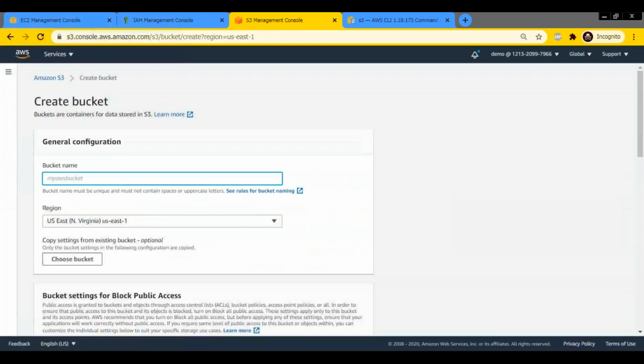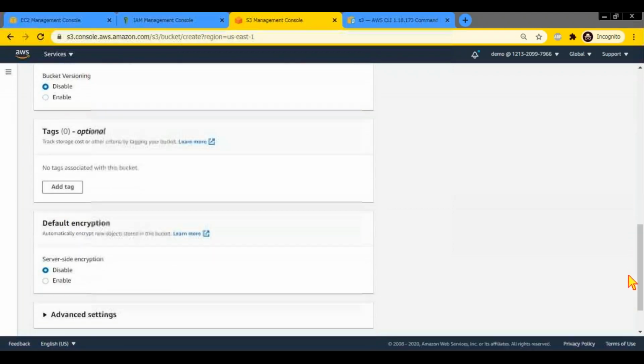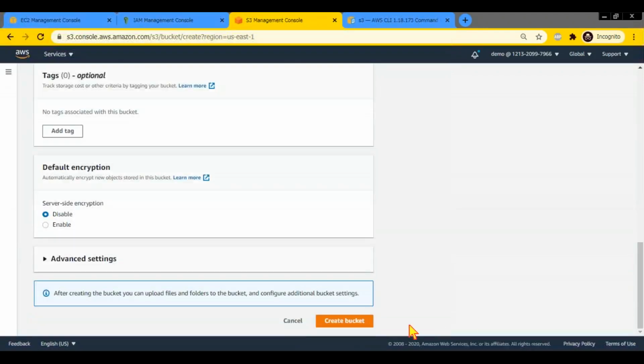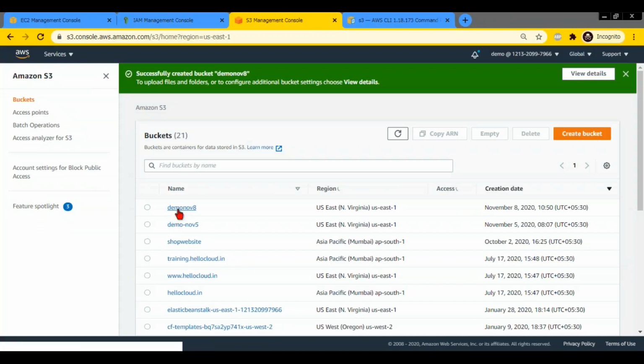I will just call this demo November 8th. I'm going to create it in US East 1. Again, I have to scroll all the way down and say create bucket. So I have created this bucket.